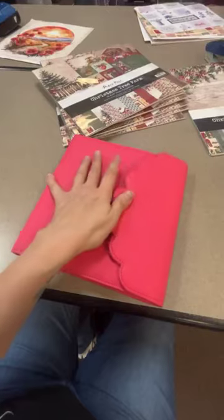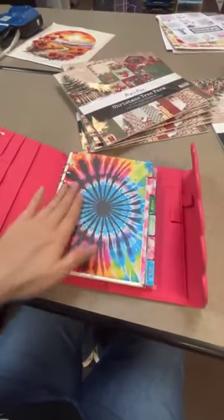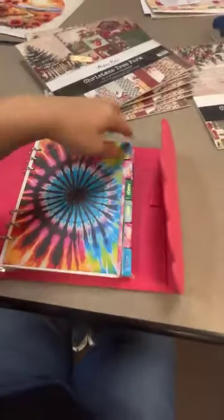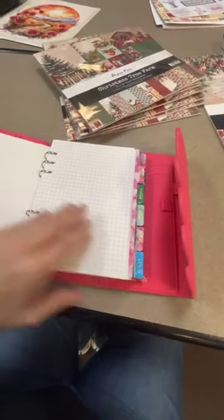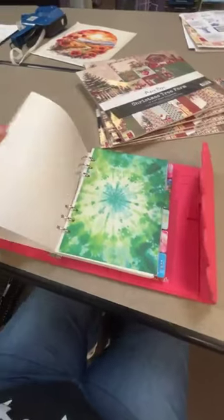So it closes, it's got this great little magnetic closure here in the center. Sean picked out the super cute, super fun tie-dyed tabs, and then she also bought one of the calendar inserts as well. So you've got monthly, you've got some grid in there. I'll show you those. So she's got that all set up, and they've also been doing